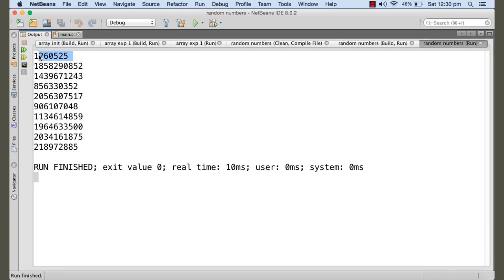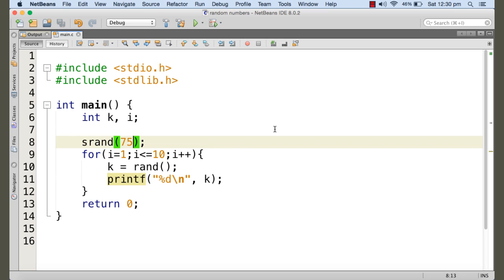You can see that it's different again, no more the same one. So what we need to do is to change the seed each time before calling the rand function. Now again, the problem here is that if I hardcode this seed here in my program, then each time the object file is executed, it will remain 75 always. You just cannot go to your client's place and change the seed each time prior to the execution, can you? So the seed has to be changed dynamically